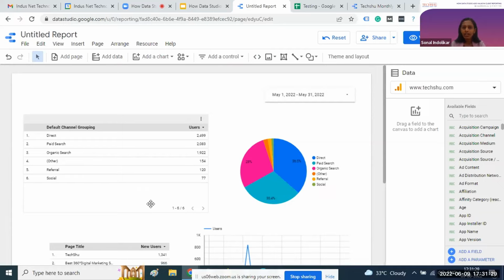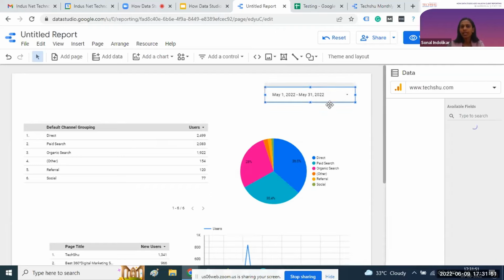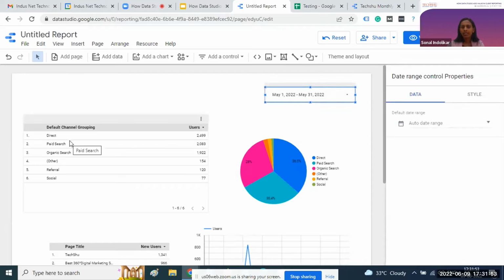And if clients suddenly ask in the meeting, I want to see the previous month data as well, at that time your answer to the client will be, I'll collect the data and then I'll represent the data. But if you are using the Data Studio report for the presentation for your client, in real time you can change the date range over here and you can show the comparison to your client as well.